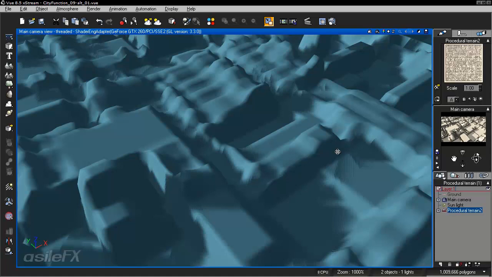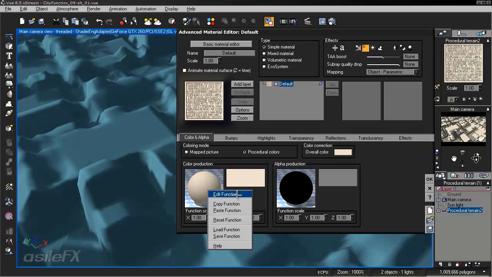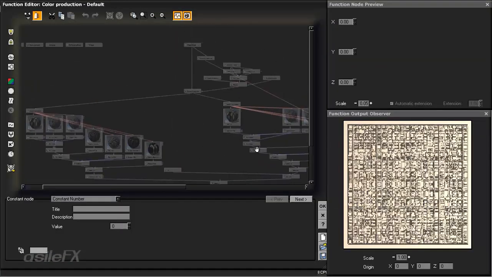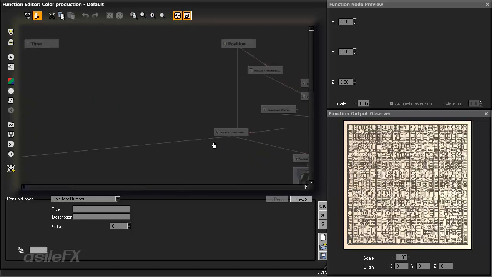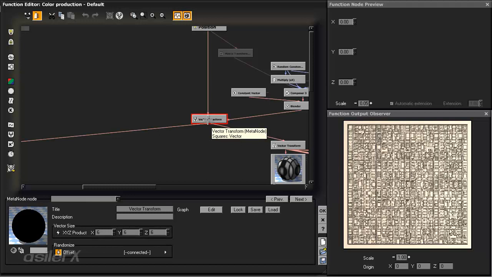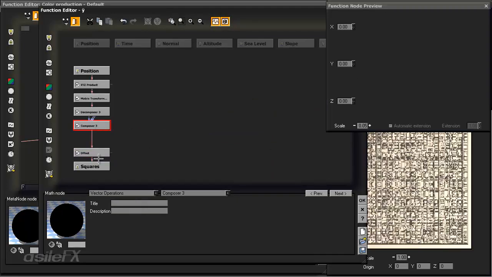Now another thing that I think works pretty well is going back, and I'm just right clicking to open the function. What we can do is set a small amount of offset. This does need to be added after the matrix transformation in order to work, because the matrix transformation does remove any Z information. So I do have an offset,